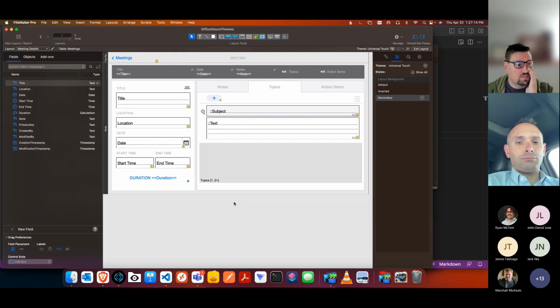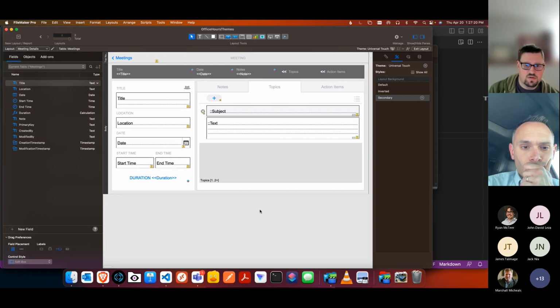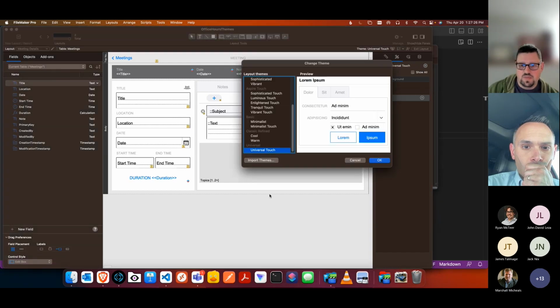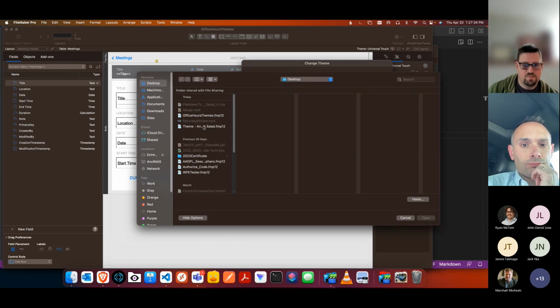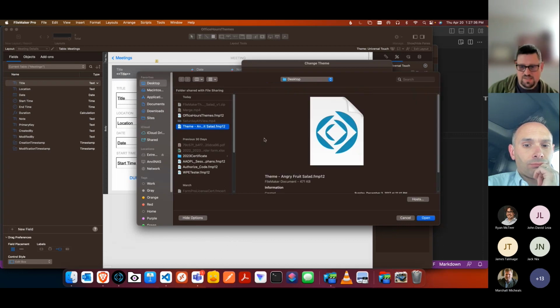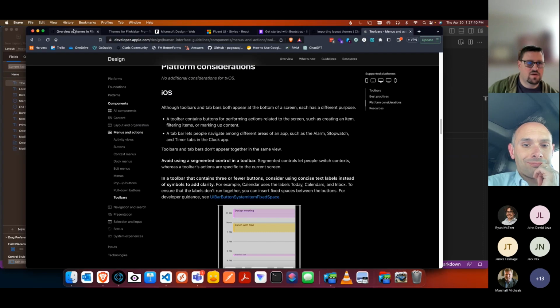For importing themes, slightly different process. Importing a theme imports it both to your local computer, but also installs it in the file that you're using here. So that's really easy to do. All you have to do is have that other file, come into this change theme dialog, click import themes. And I found this theme online. It's called Angry Fruit Salad. It's from FileMaker,